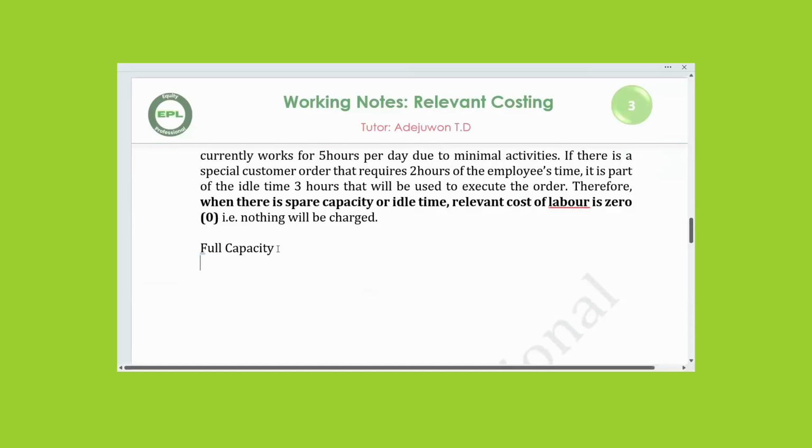What do you mean by full capacity? This is very common to every one of us because we are salaried staff. Therefore, the salary we earn in a company or within an organization represents a fixed cost. Any fixed cost is irrelevant cost and should be ignored. All right. So come here. When you talk about full capacity,